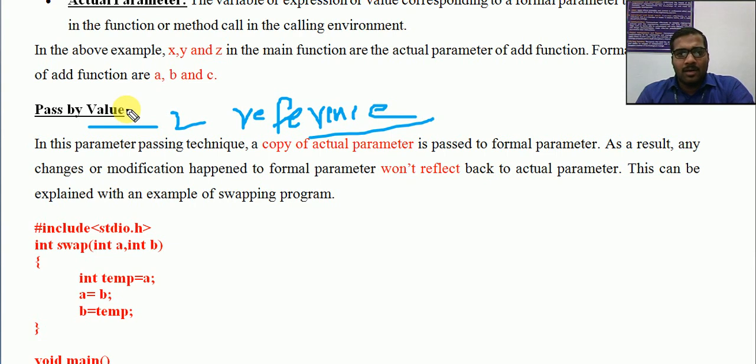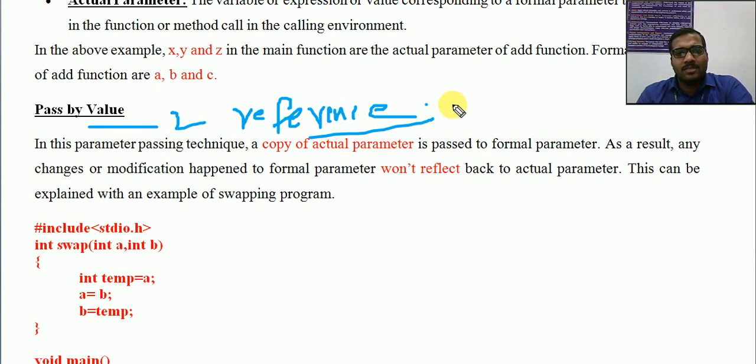So normally, now we are using only the pass by value concept, because in our normal traditional programming, we directly pass the value, and the values will be received at the formal parameter of the function definition, and that will be processed, and some value will be returned back to the caller function. So we are always trying to pass some value. The value may be assigned to a variable that can be passed, or taken from an expression, or we can have the direct value that can also be passed.